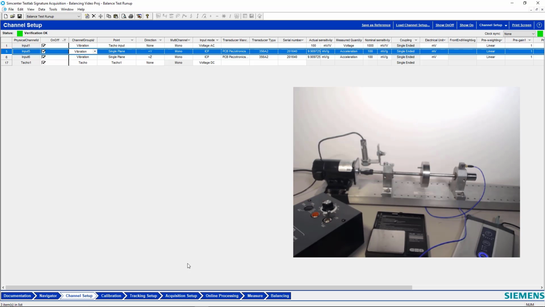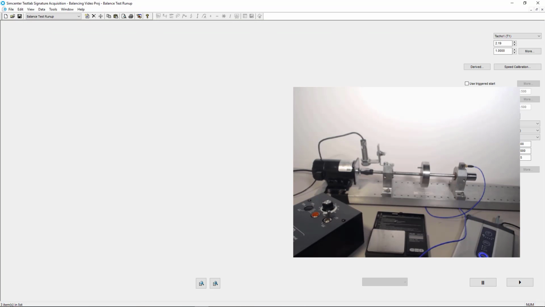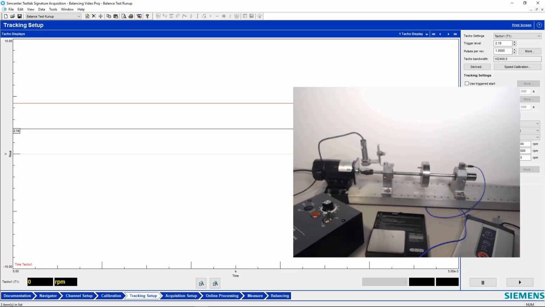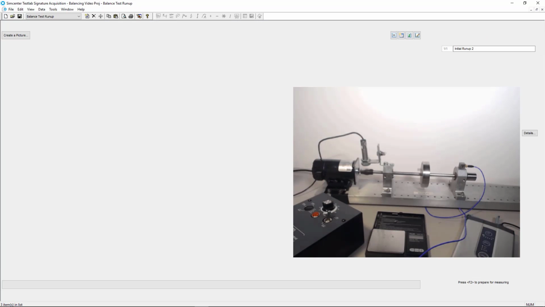With that set up, the next thing in the tracking setup is an initial run, a speed sweep, to look at the imbalance. We're going to cut the first order and see where it stands. First order is proportional to the imbalance in the system. I have it set up to run from 400 RPM to 7,000 RPM. I'm ready to turn the knob to increase the speed, Scott, when you're ready.